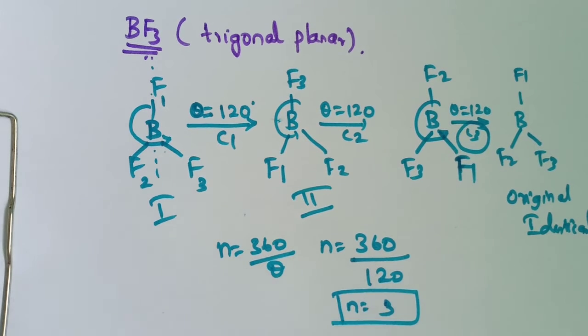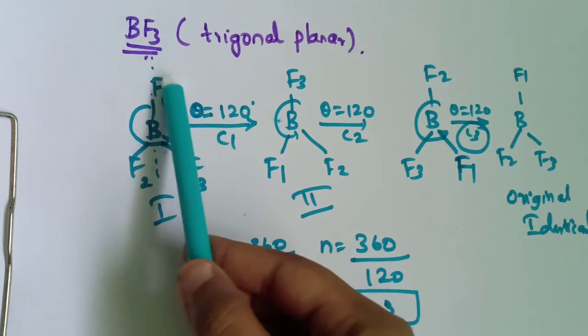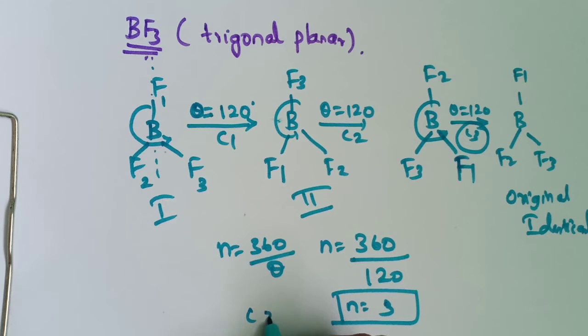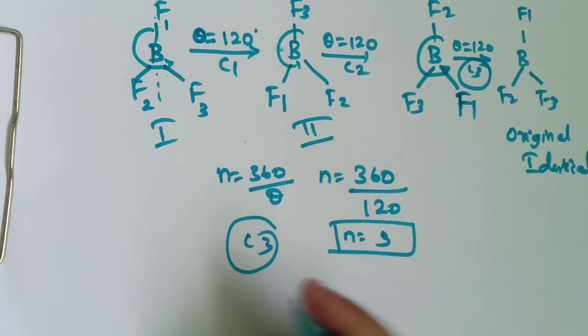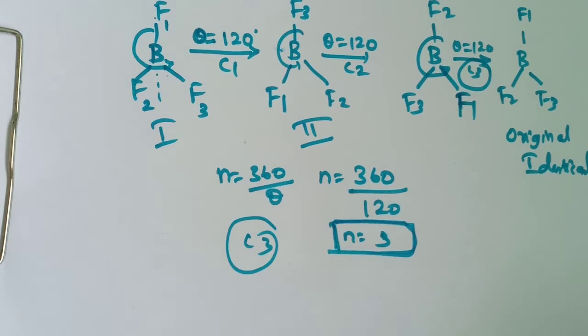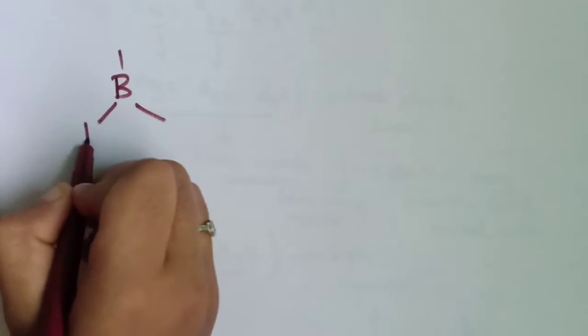By looking at the molecule and applying our trick, we can easily say that the number of atoms changing their positions is equal to 3: 1, 2, 3. So it is a C3 axis only. No need to calculate this, except for a linear molecule. We have generated a C3 axis here. But there are other axes present in the molecule. Not only this axis, here n is equal to 3, no? Let's take the BF3 molecule again. It is F2, F3 and F1.